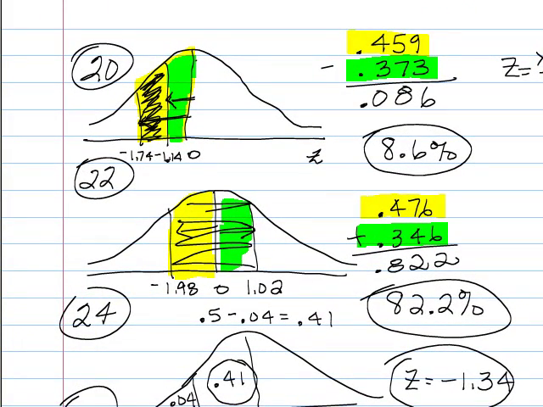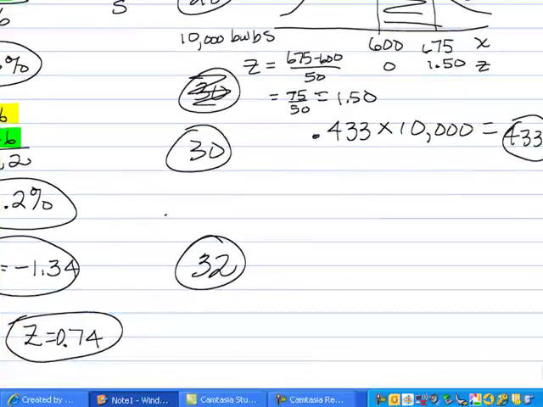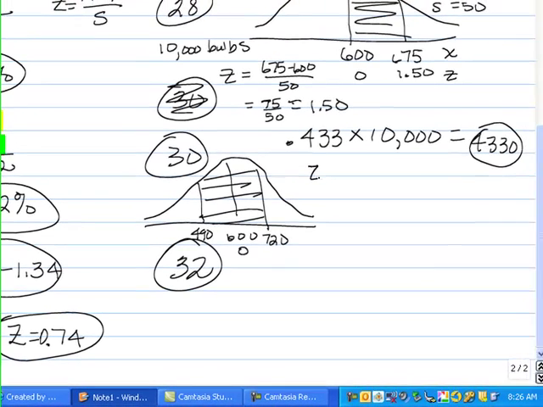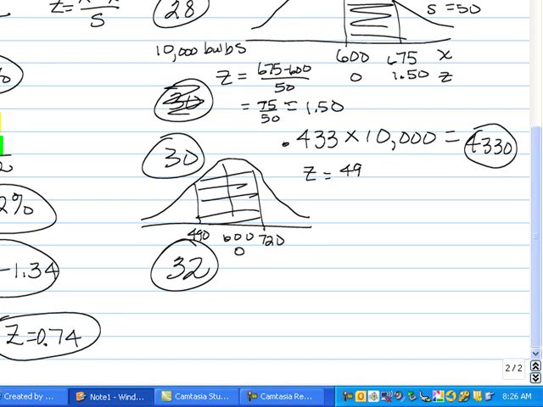Okay, between 490 and 720. Okay, I'll just make me another little graph. 600 between 490 and 720. So we're looking for that area. So it looks like we need to compute 2 z-scores. Again, we know the mean. So let's do one for the 490